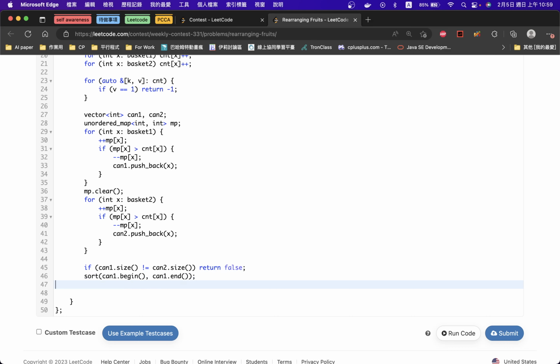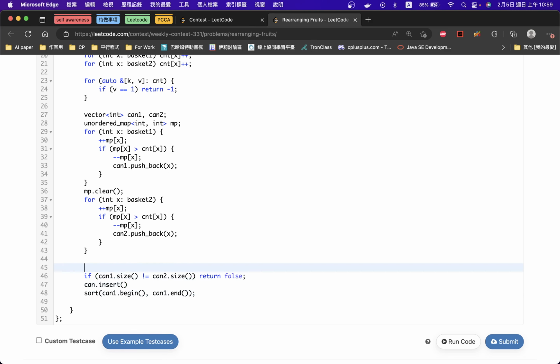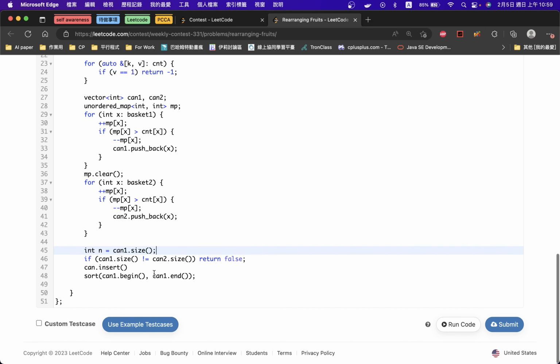Sorry. Let's do this like can insert, let's say original size. We merge them. 2n. So we start them and